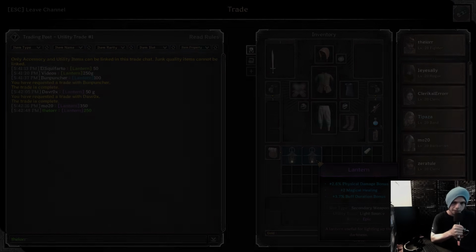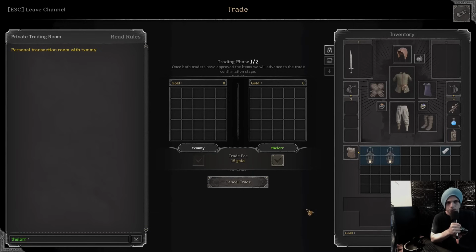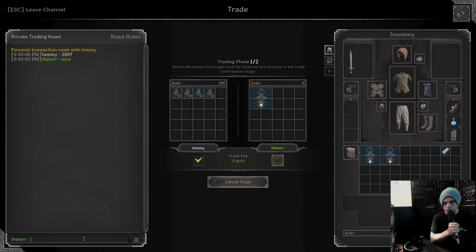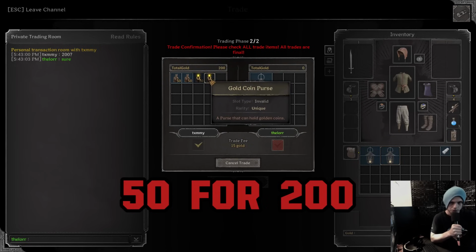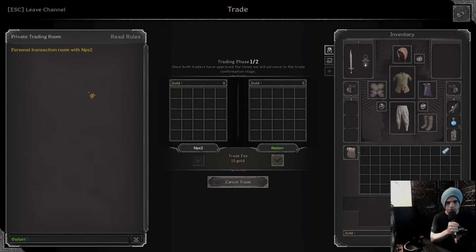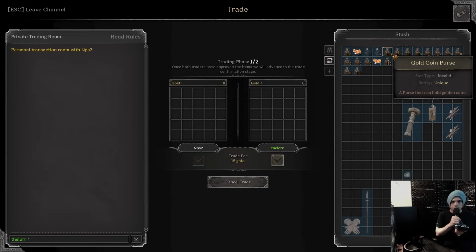Now we found this lantern, 50 gold here, and we were able to flip it for 250. 2.6 physical damage. It had some magic healing on it, and the buff duration bonus as well. I didn't think it was worth 200. I'm not sure how it sold for 200, but the dude was selling it for 50 G's, so...